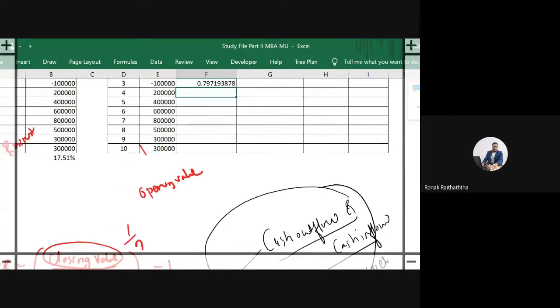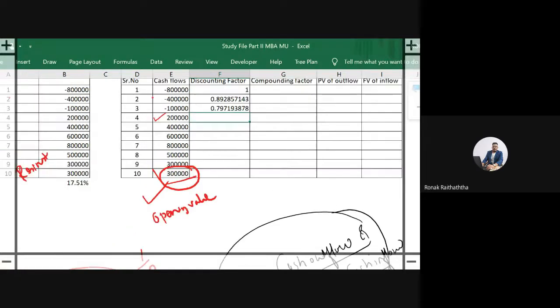Let me just tell this to you. We want the opening and closing value, right? Closing value will be the inflow of 3 lakh rupees we are realizing in the 10th year. So that will be the date of closing value. So let's consider it from this 2 lakhs. So you get the compounding of 1 year, no, not 6 years, I guess 7 years will take place.